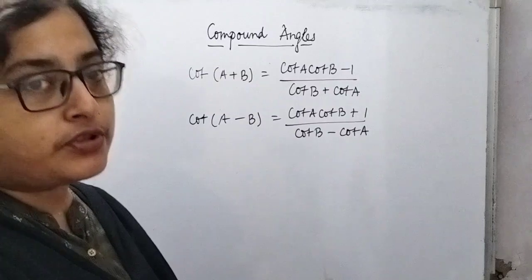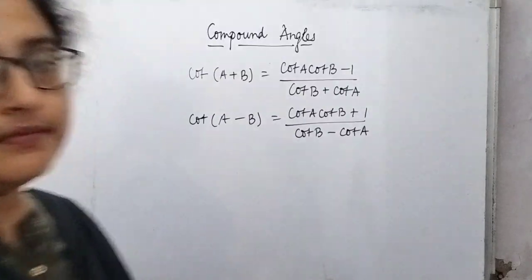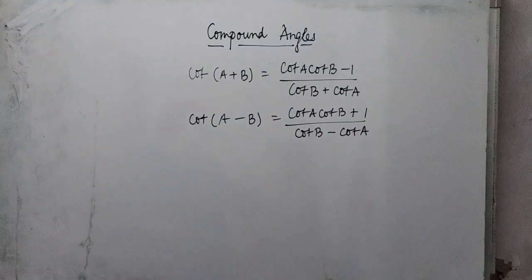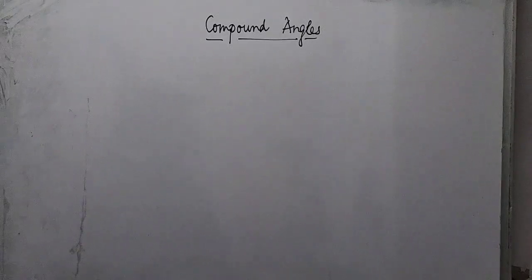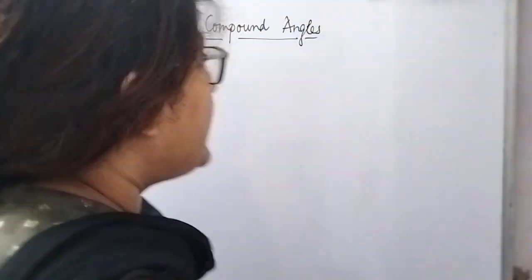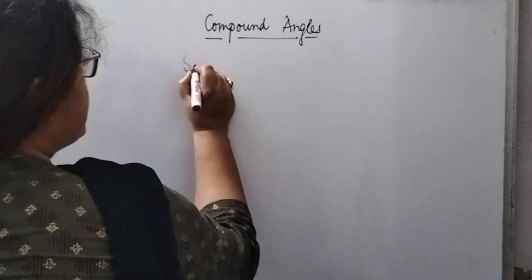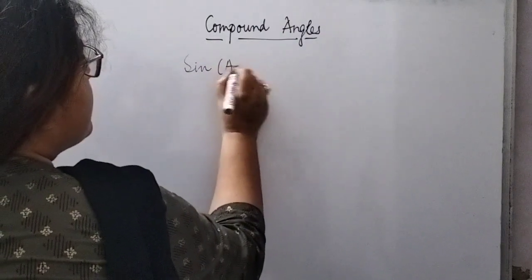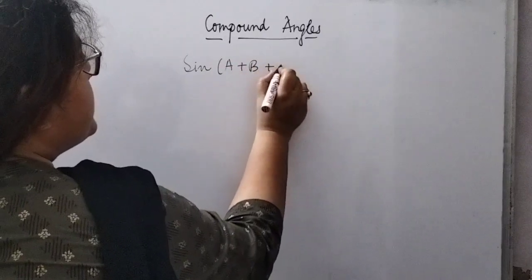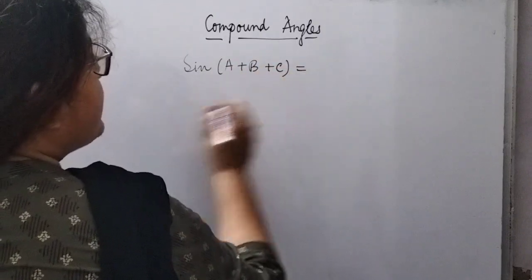Another set of very important formulae of compound angle. Now, instead of two angles, if we consider three angles like angle A, angle B and angle C, and we find the summation of them and represent them through trigonometric identities, then what will be their format? I am taking sine of A plus B plus C at first. This will give you